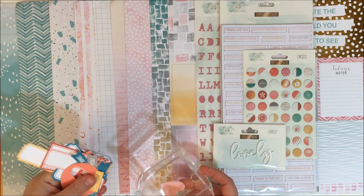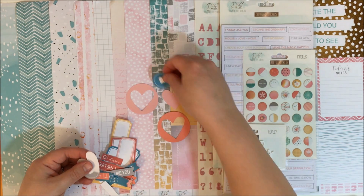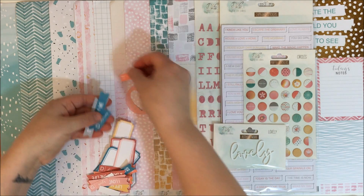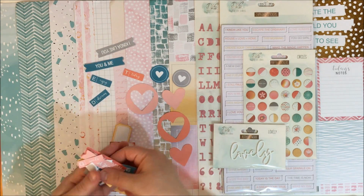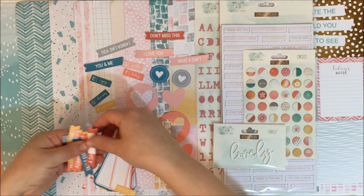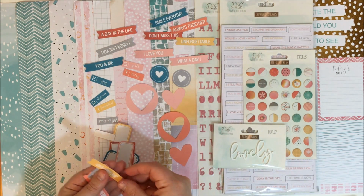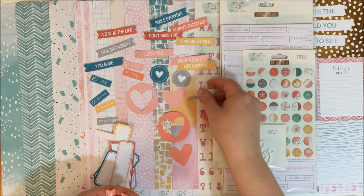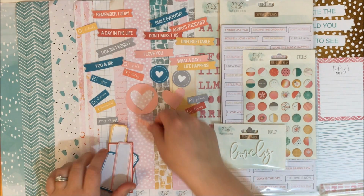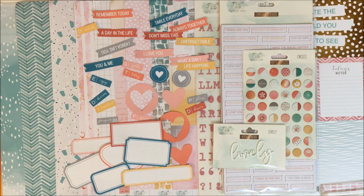These die cut labels and phrases came in it. So I'll just spread these out really quick. You get a ton of these. I haven't decided if I'm going to be doing some layouts or if I'm going to be making a mini album for my husband because it is Valentine's Day coming up. So could do a mini album for him for Valentine's Day, but we will see what I end up coming